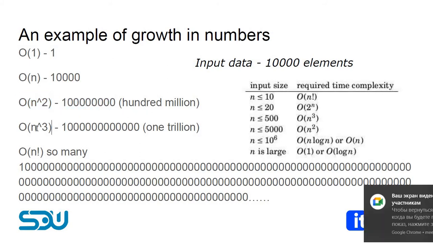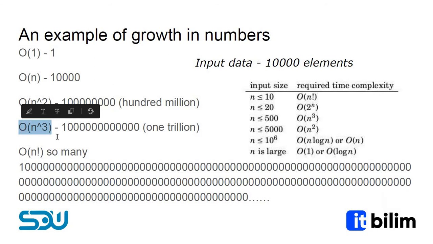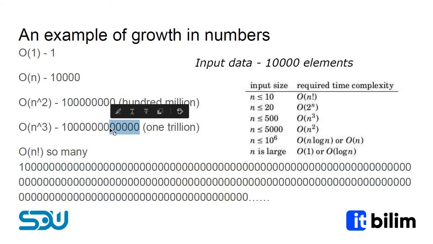Then if we use it in cubic complexity in some algorithms, it will cost 1 trillion operations. And if we do it in some algorithm which costs n factorial, its number of operations